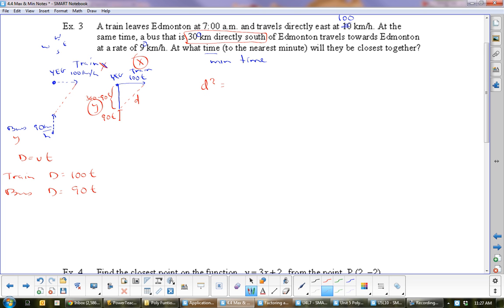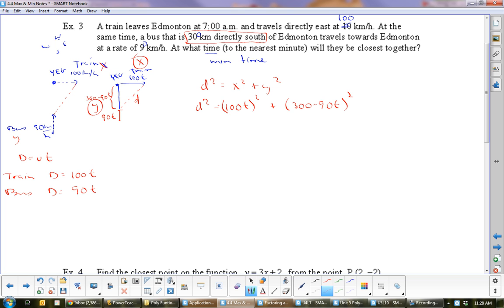Okay, so remember this was x, and this will be y. So we know that d squared equals x squared plus y squared. So d squared equals 100t squared plus 300 minus 90t squared. So this is distance squared equals x squared plus y squared. Okay? So now at this point,